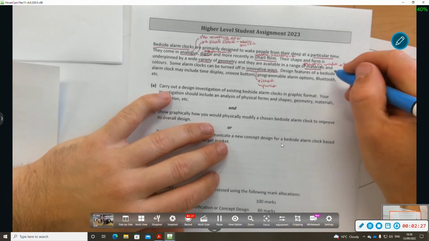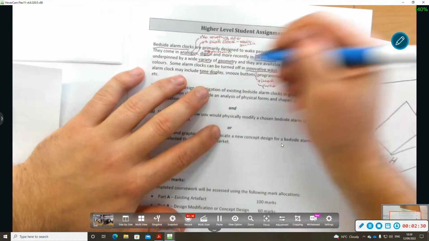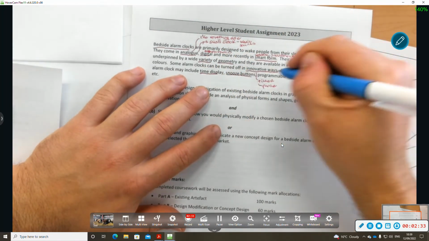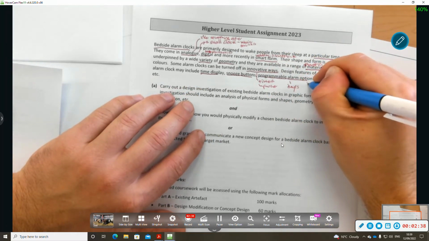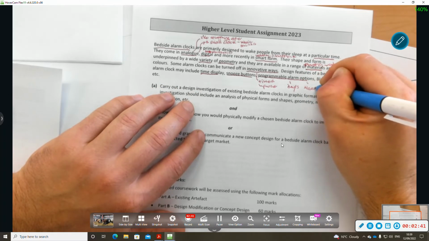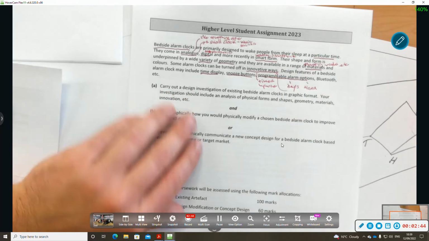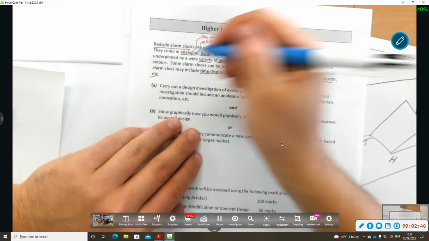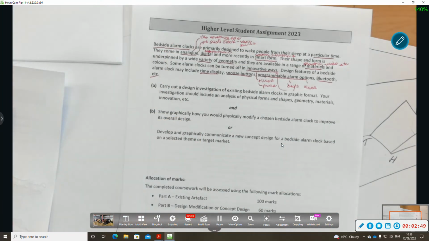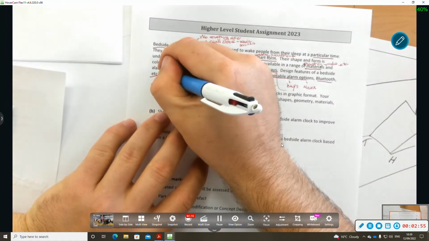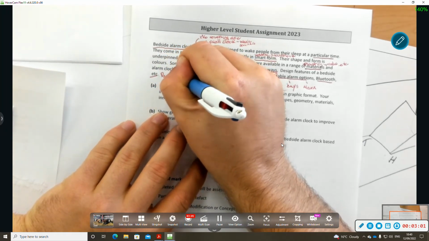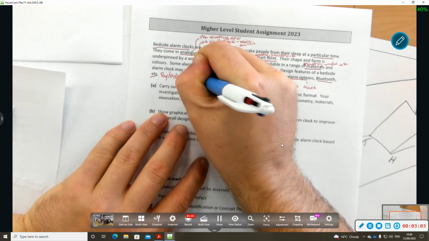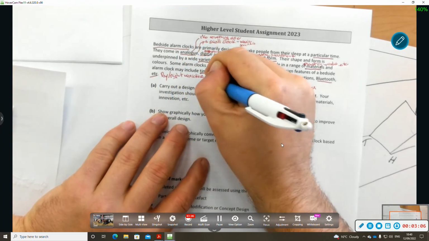Design features of a bedside alarm clock may include time display, snooze buttons, programmable alarm options, i.e. what days you want, or Alexa. That could be going back to innovative ways like speech control, Bluetooth, etc. So etc is key. If you want to get an A, you've got to be looking at that. So daylight, day/night mimicker, sleep sounds